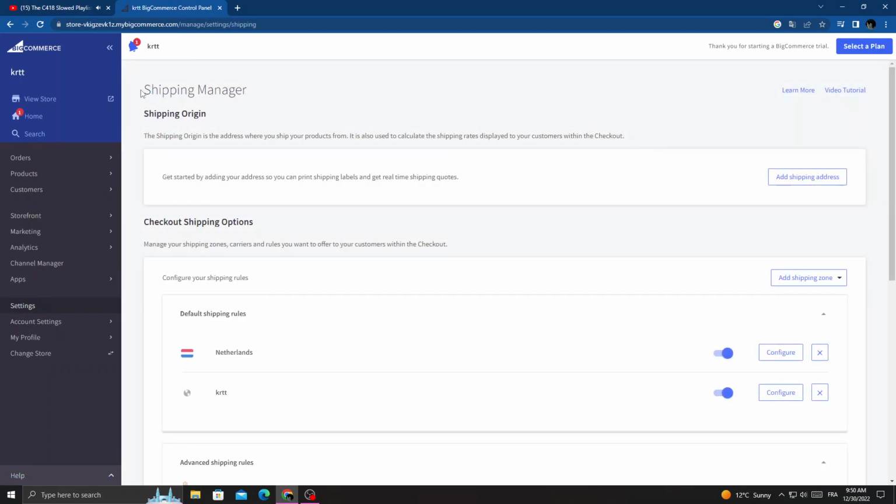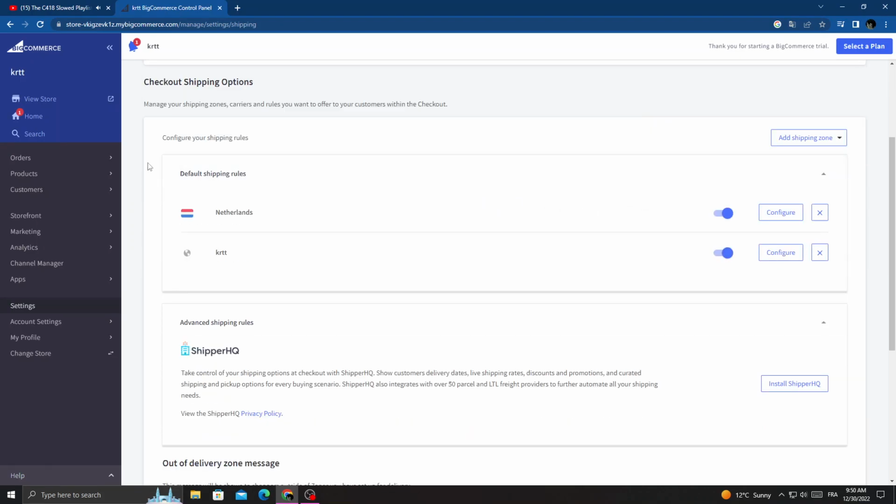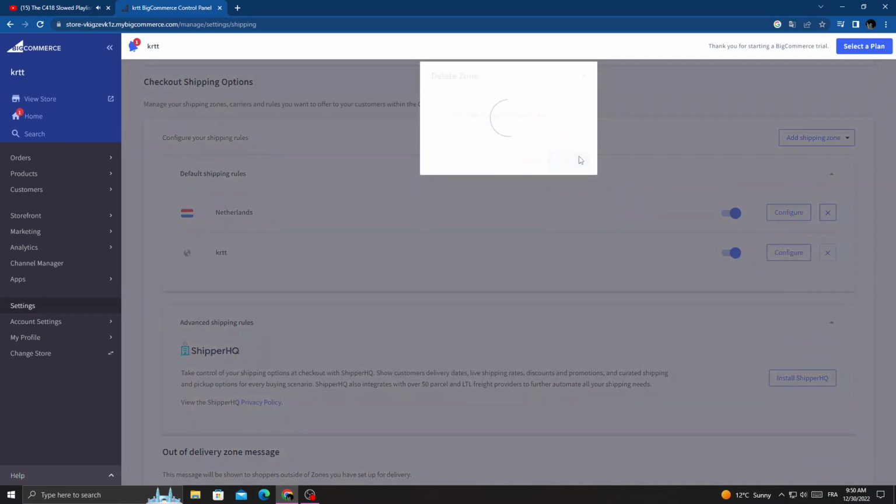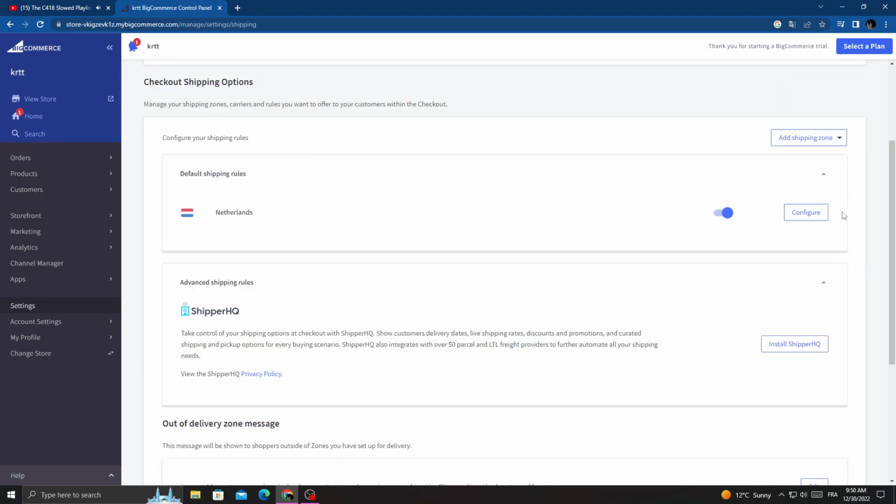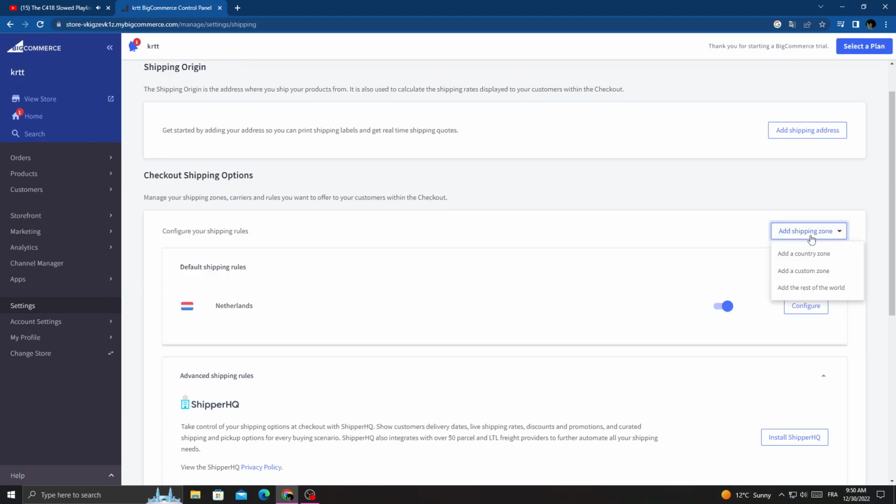And as you see here, we'll find shipping manager. Now scroll down and here we'll find configure your shipping rules, and if you want to remove it, just click this X icon. And if you can't find it like that, all you need to do, just click here add